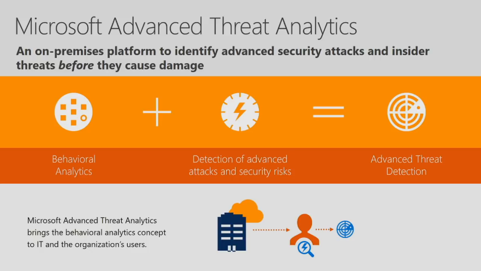But it's a combination of both of those things, both knowing the attack techniques as well as the behavioral analysis, and that combination allows us to drive down the false positive rate of alerts and allows ATA to be far more effective and only show you the alerts that you really need. Those detections cover the span of the cyber kill chain, so everything from reconnaissance to compromised credentials to lateral movement all the way to domain dominance.